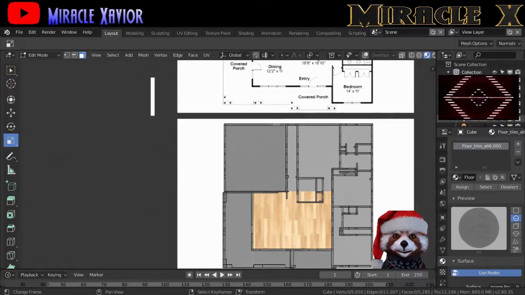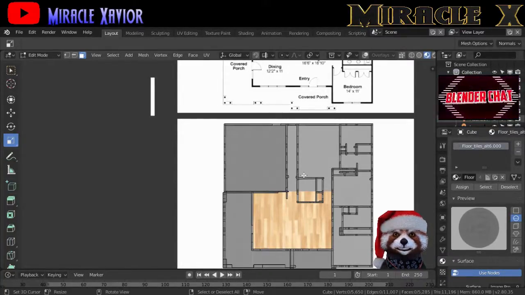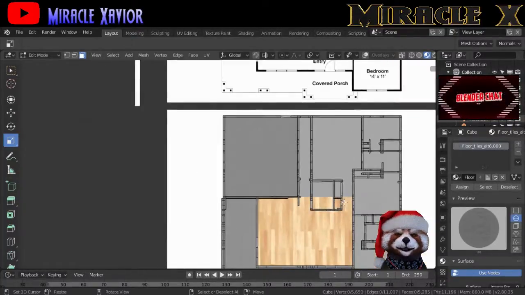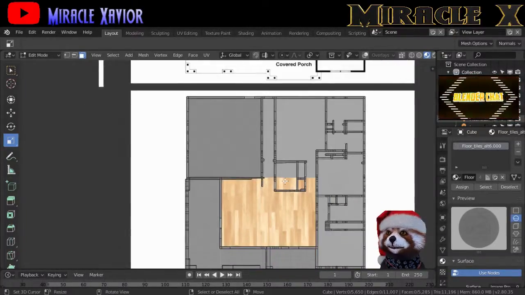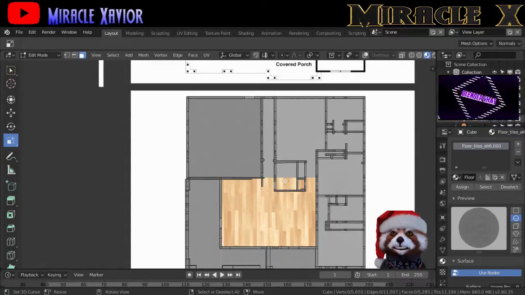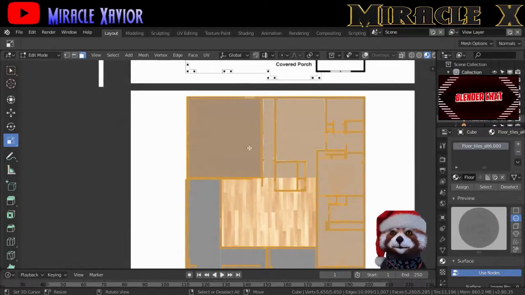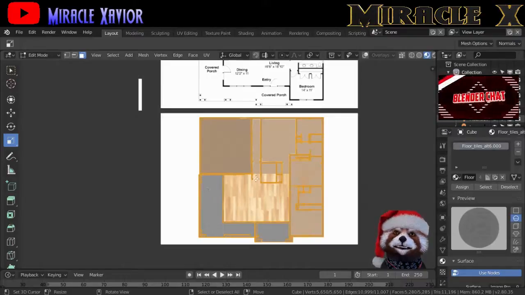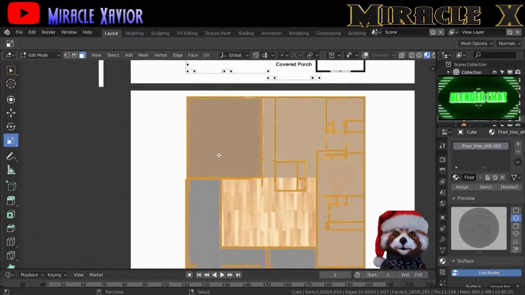Now, if you want to cover the whole building in a certain color, you just basically select A, select everything, then deselect the areas that you don't want. For example, this one,